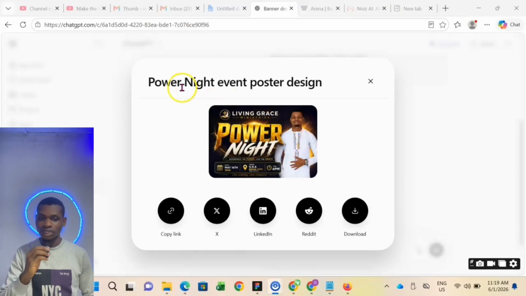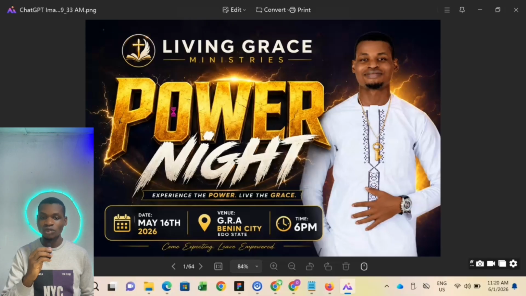So in this tutorial, I'm going to show you how I was able to make these beautiful church flyer designs using AI. Now I use a very simple prompt to make these particular designs, and I'm going to drop it